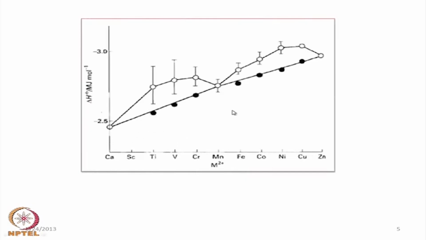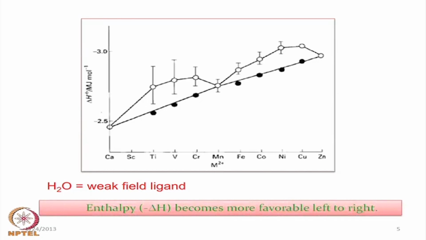So, this tells us how we can magnify the thing and how we can have these values for these contributions, where H2O, like our fluoride, is a weak field ligand. So, if water is considered as the weak field ligand for these metal ions, we are getting the corresponding values